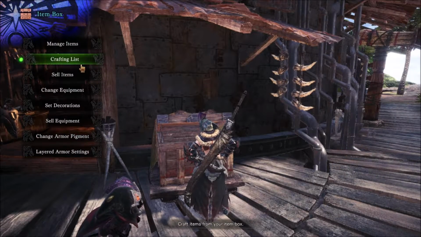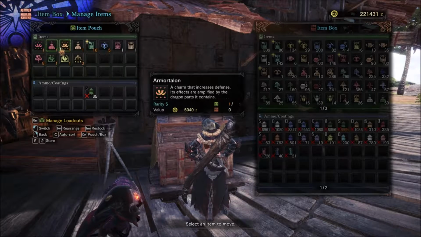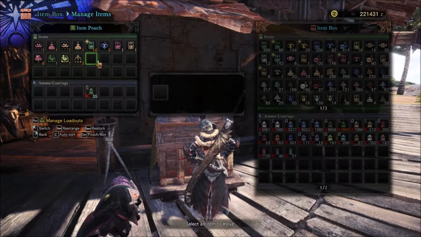And so what you do is you buy a Power Charm, an Armor Charm, then you craft these 2 items, and then you buy another Armor Charm and Power Charm. It takes up 4 slots of your inventory, but it gives you a significant boost in attack power and defense